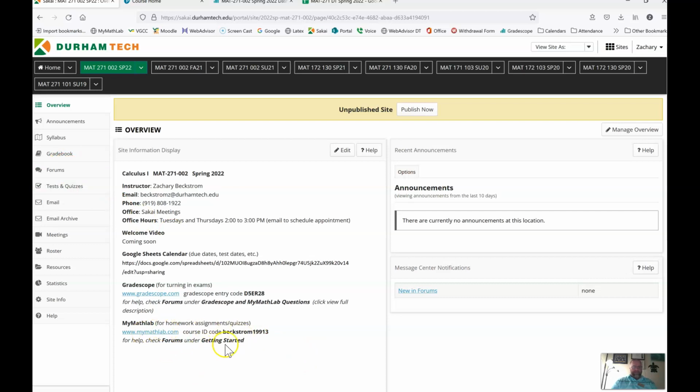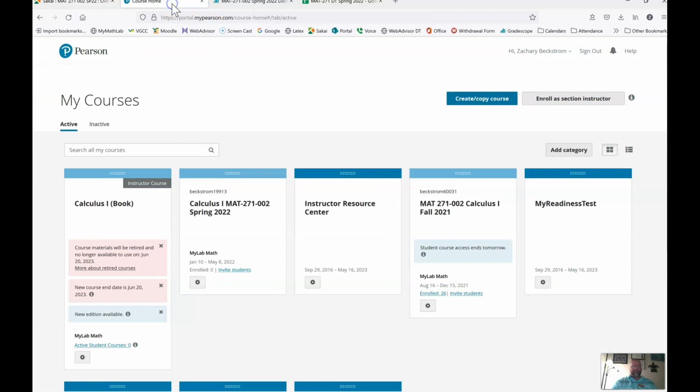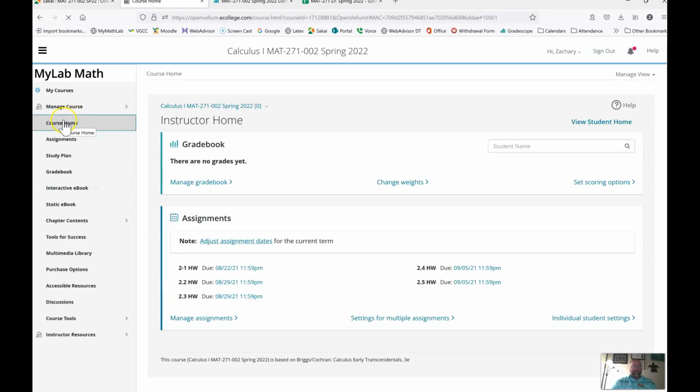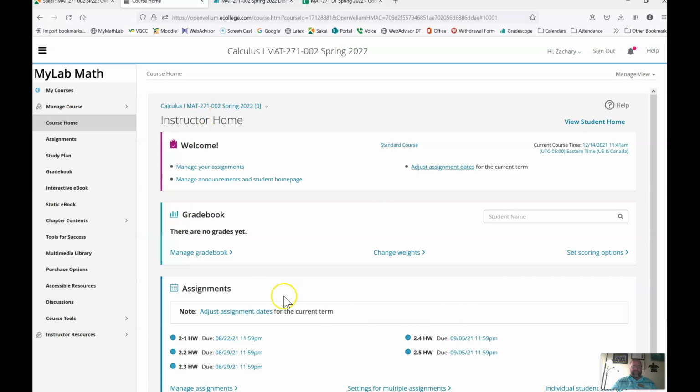And then there's MyMathLab. This is where we're going to be doing our homework. By the way, here's the code for Gradescope. Here's the code for MyMathLab. So MyMathLab is going to look like this. Here's the class right there. So you're just going to click on it. On your course home, it should have any available assignments, but you can also click under the assignments link.